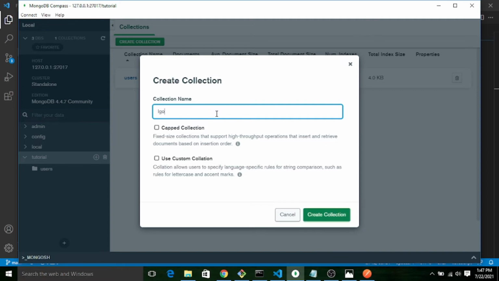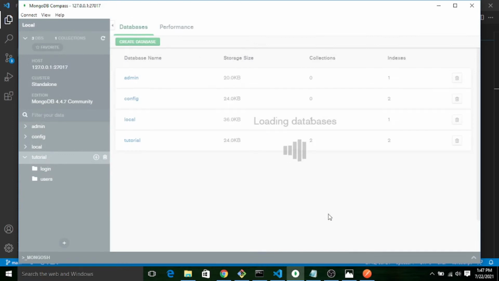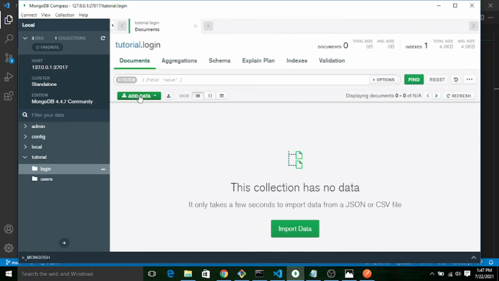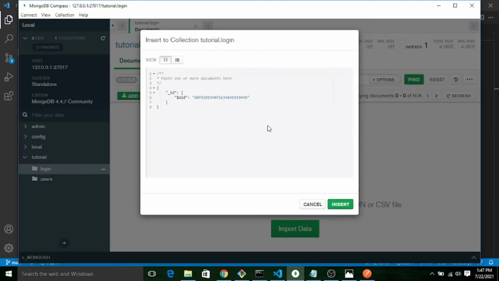Let's say login, insert document, let's say Raj.